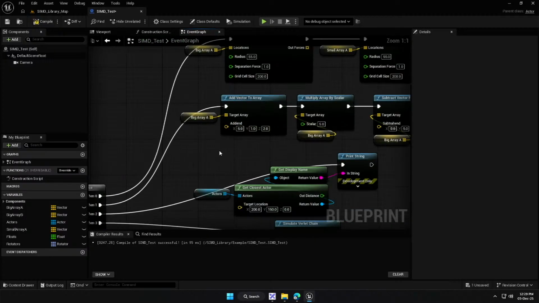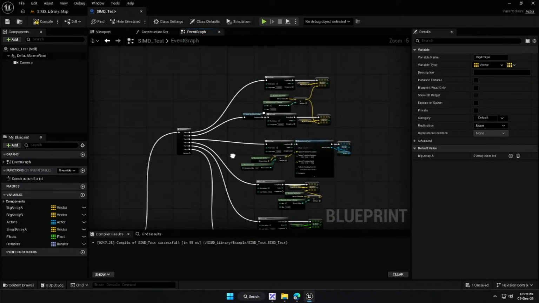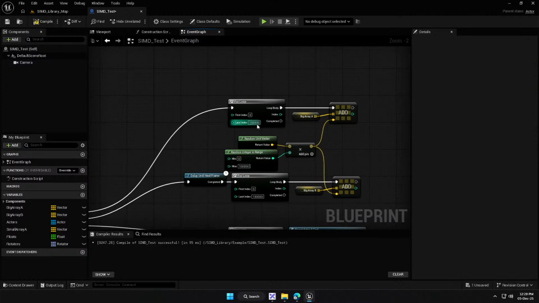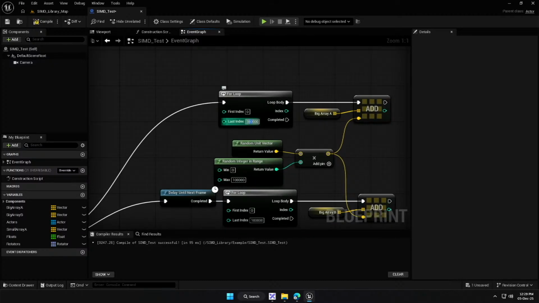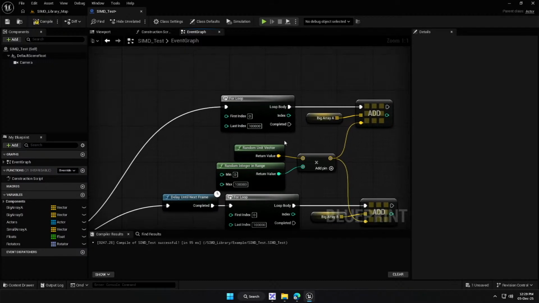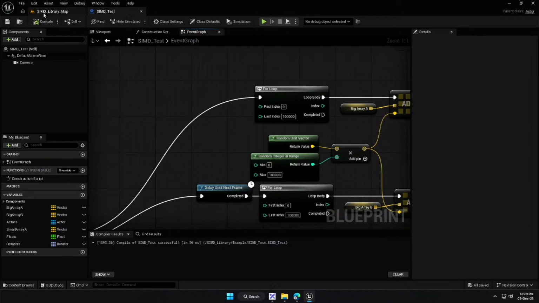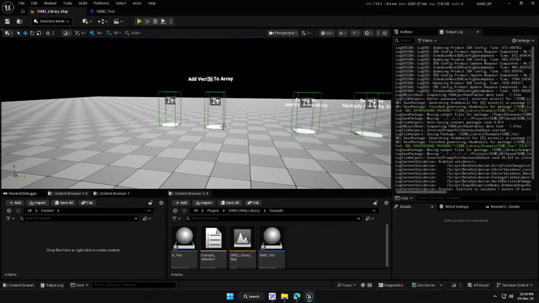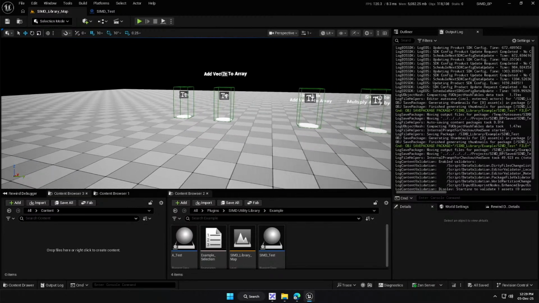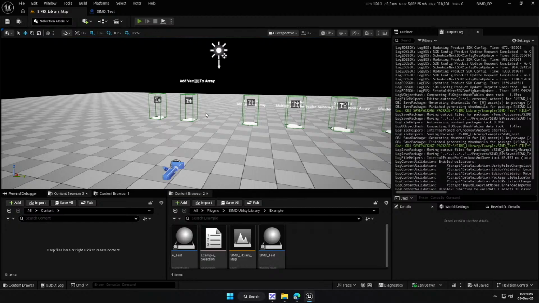So let's do this. We have big array A, so I'm going to check where we added big array A. Is this 1 million or 100,000? Oh, okay, this is 100,000. Yeah, we cannot do 1 million. Actually, even better, sorry. What I'm going to do is showcase it here because I created a whole map with all of the stuff so I can test this out. So if I press play here